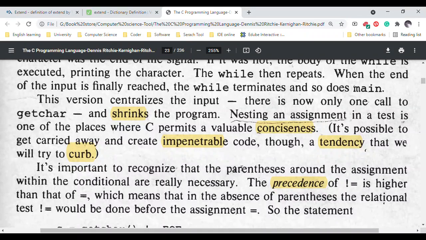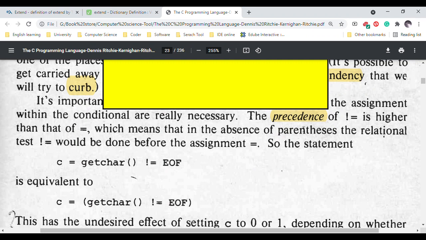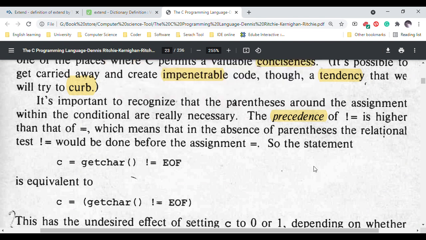The precedence of != is higher than that of =, which means that in the absence of parentheses, the relational test != would be done before the assignment =. So the statement c = getchar() != EOF is equivalent